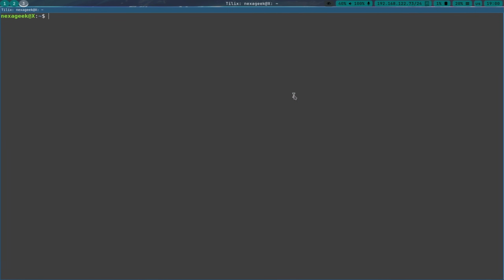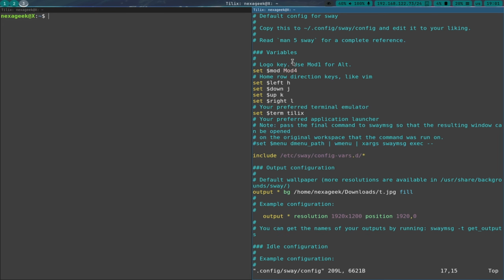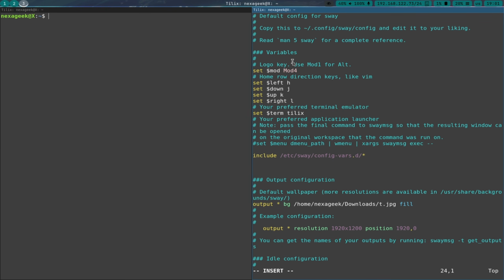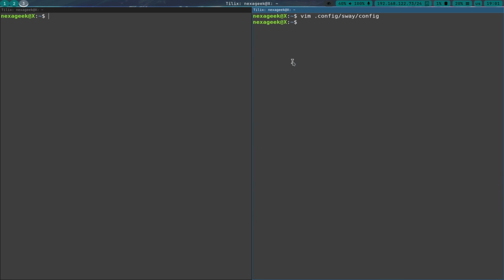Now let's make some gaps. When we open the terminal, we don't have the gaps here, so we're gonna add some gaps. So let's go to sway configuration and let's go here, let's add gaps inner, and gaps outer, and let's save the changes. Let's reload sway,